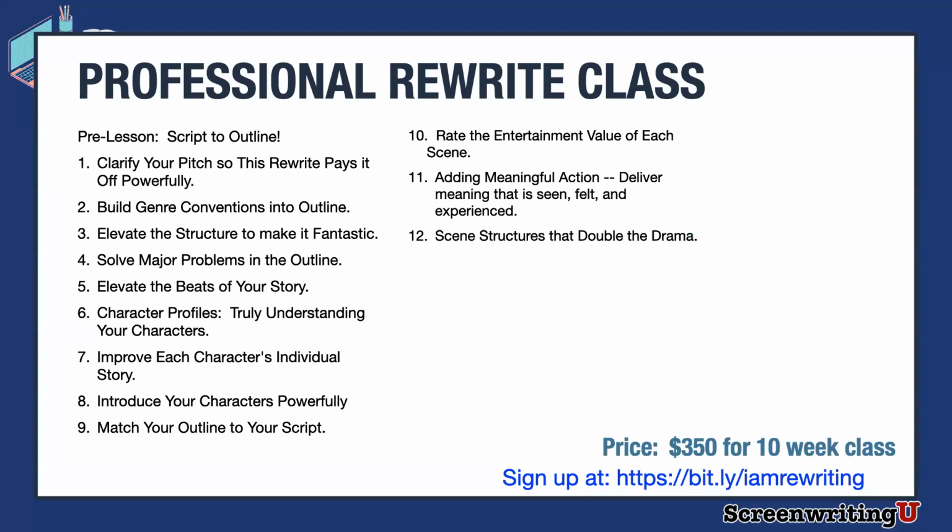Number 12, now you're going to look at your scene structures. And for a lot of people, this is something they've never thought of. In fact, what actually happens for a lot of people is they have like 3 main scene structures they write through. And so over time, if a reader's reading, they start to be able to predict what's going to happen from the very beginning of a scene, because there's only been 3 different scene structures. So we'll give you a bunch of different scene structures, and you can try on other ways to write scenes. This also increases the interest level of the scenes you improve.